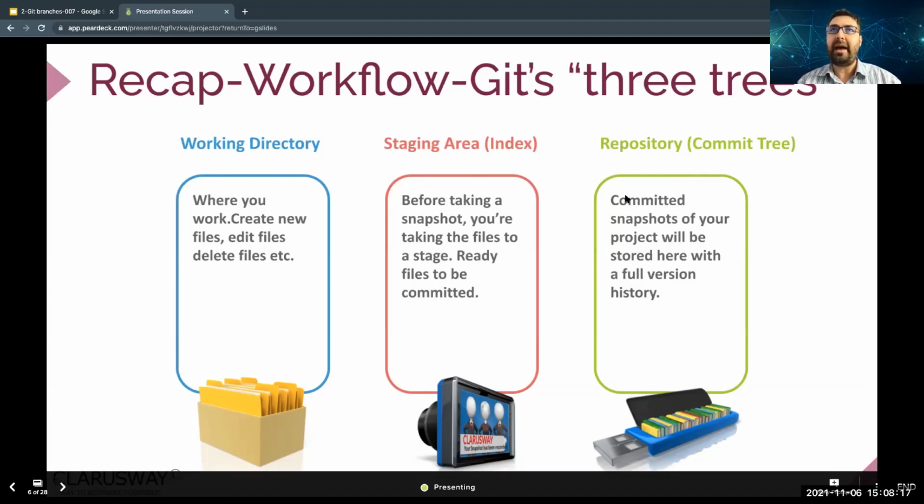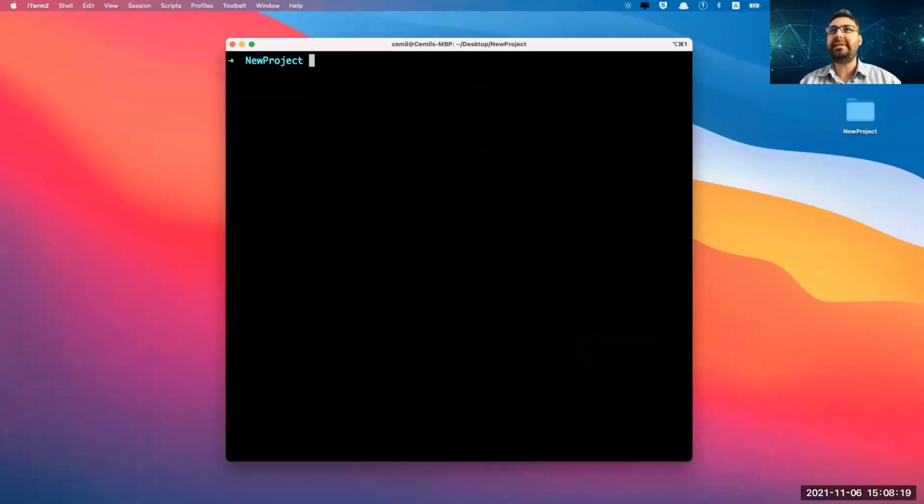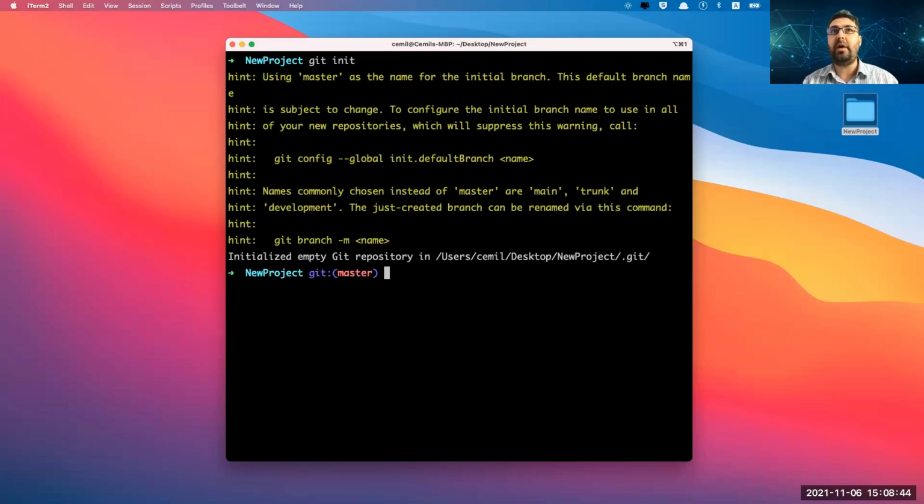If we get back to the terminal, once again, it has my new project folder. Now I am on my project. If you're using Windows, you should see something long on your Git Bash, but here it just shows me the folder name. No worries. I'll just create a repo again. The first thing we do is git init. That's the first thing when we make a repo on our computer. So now it's a repo.